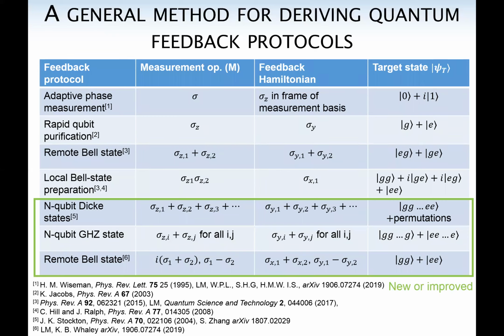This is my last slide, just to outline applications that show maybe a bit of the power of this formalism. This is a list of some of the standard quantum feedback protocols in the literature. One of them is this rapid purification method of Kurt Jacobs that shows that you can purify a qubit faster using quantum feedback. Another one is this adaptive measurement protocol that shows how to create a canonical phase measurement. In all of these cases, the equation that I showed you on the previous slide can reproduce the result known in the literature, and even in some cases generate new results.